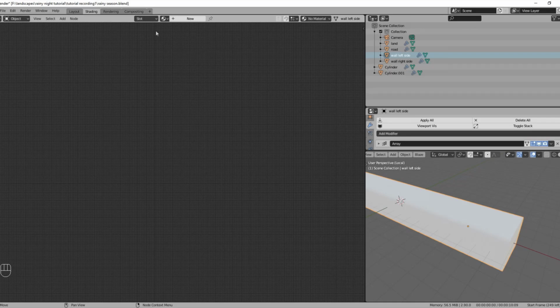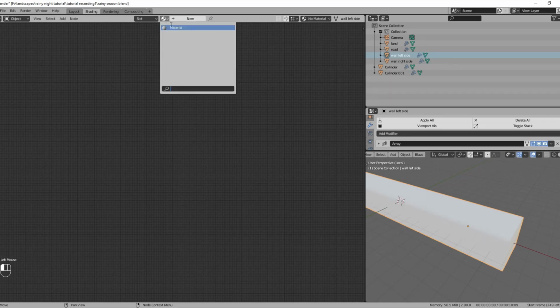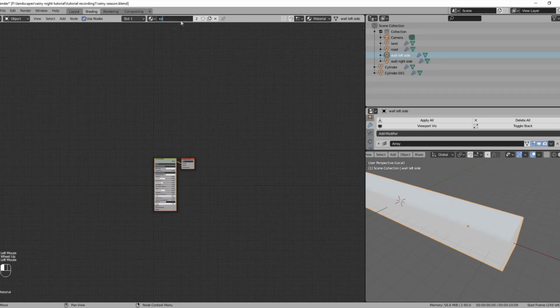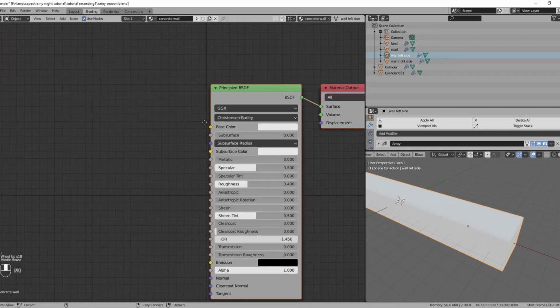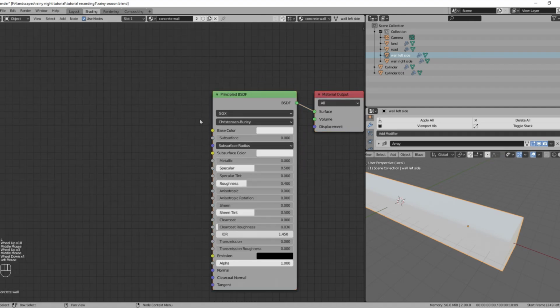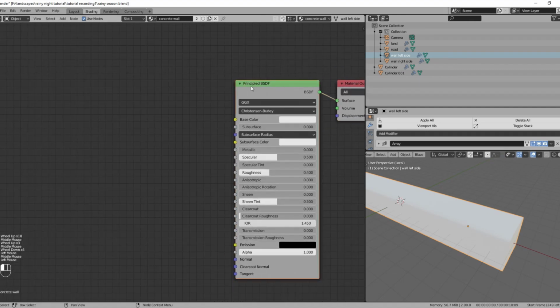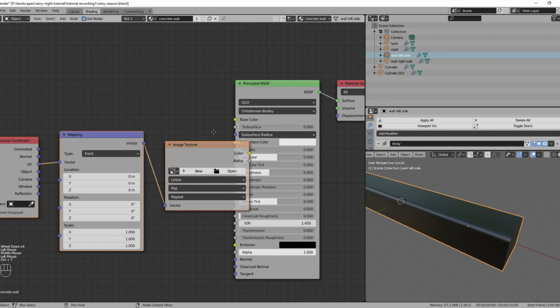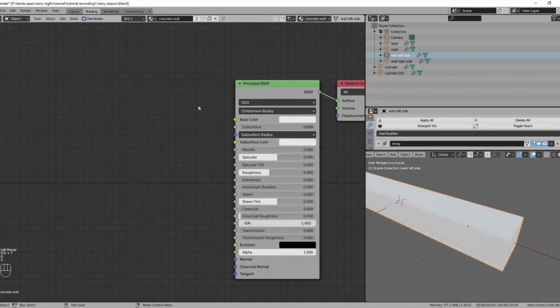Moving further, we will be quickly setting up the shaders for all the objects we have created till now. And I am going to begin with the wall, and I am adding the concrete texture to it by pressing Ctrl plus Shift plus T while the Principled BSDF node is selected. Doing so will open the file manager to select all the maps like diffuse, roughness, normal map, etc. all at one time.